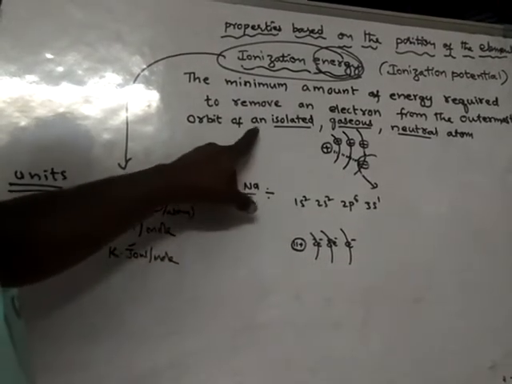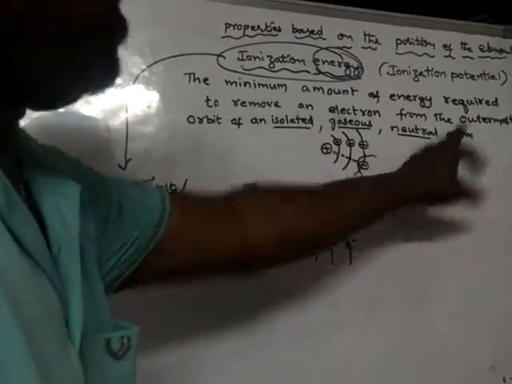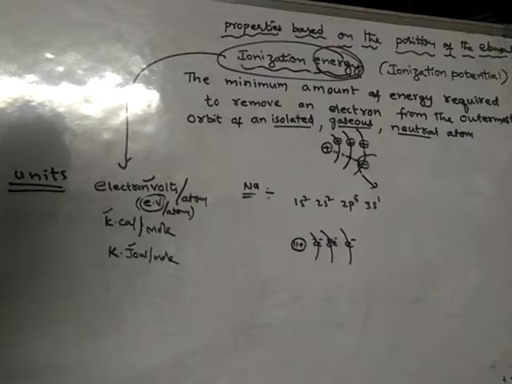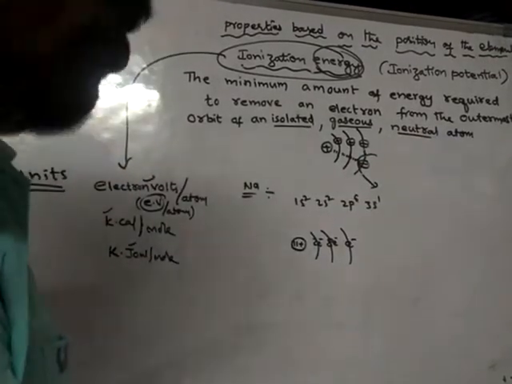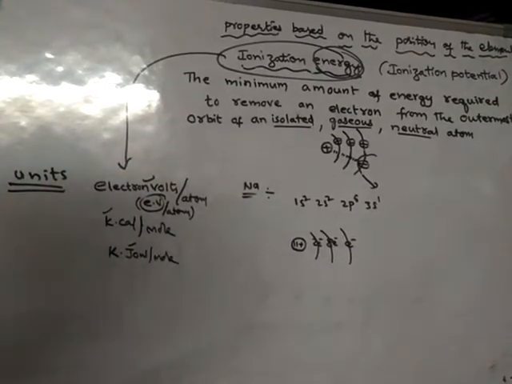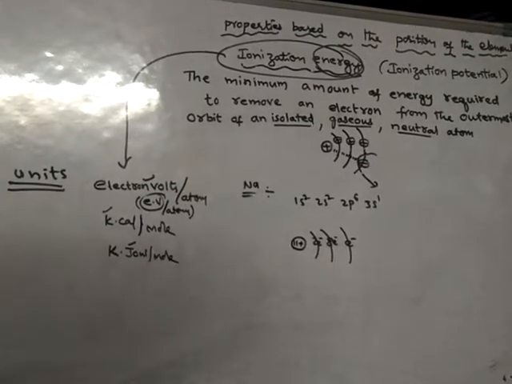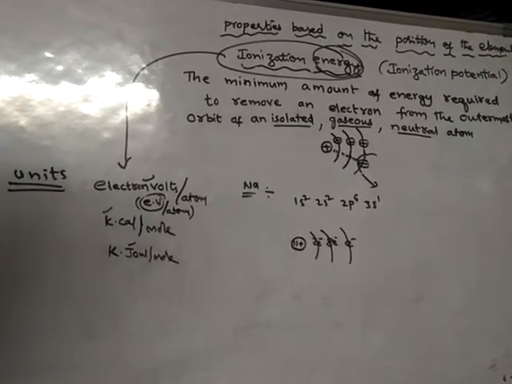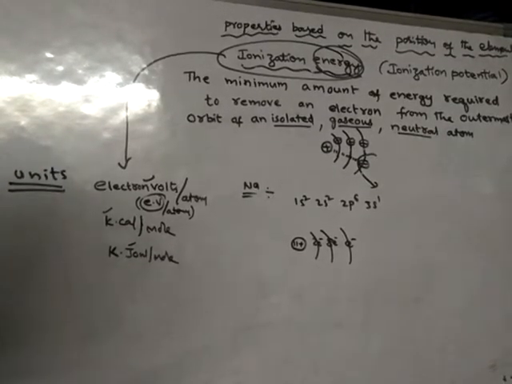Okay. So, of an isolated gaseous neutral atom. So, neutral atom. What is a neutral atom? Why did I mention neutral atom? Because atoms are generally neutral. It contains an equal number of positive and negative charges. The number of positive charges in an atom will be equal to the number of negative charges. So in that case, the atom will be electrically neutral. So all atoms in general are electrically neutral.